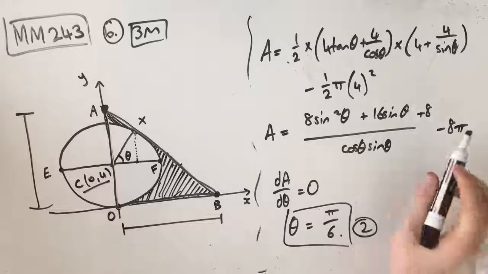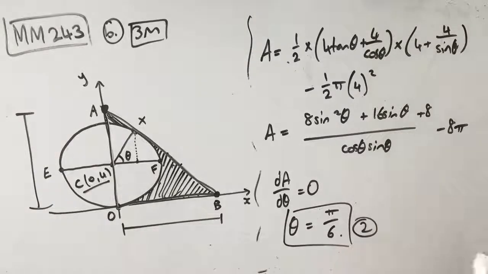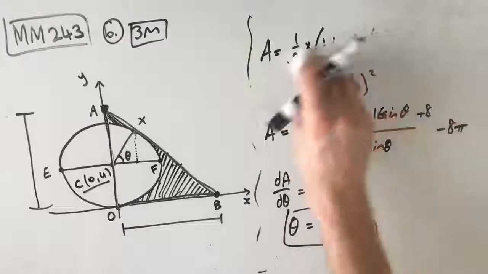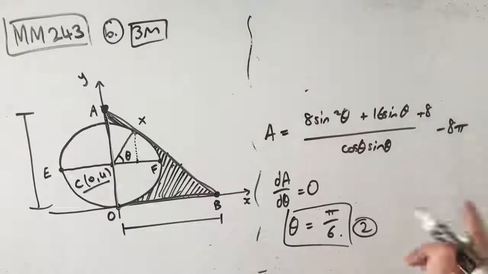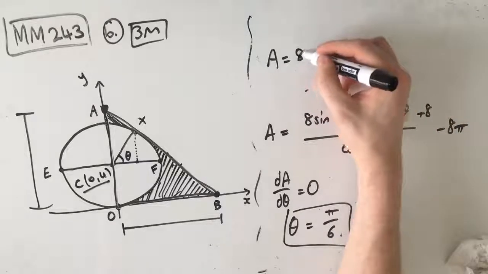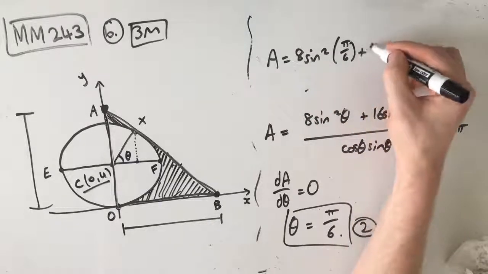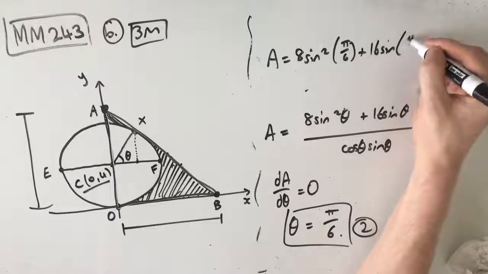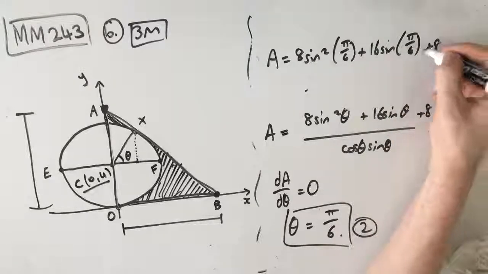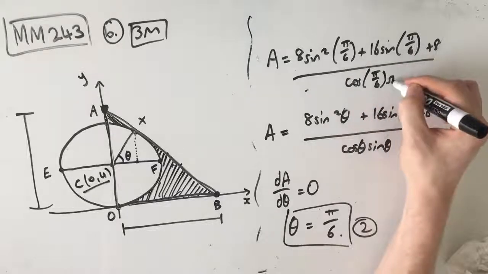That's our second mark because the question asks us for the value of theta, and then it actually wants us to find the minimum area itself. So we know that our area is given by this formula here, which means that if theta is equal to pi on 6, that means that our area is 8 sine squared of pi on 6 plus 16 sine of pi on 6 plus 8 over cos pi on 6 sine pi on 6,